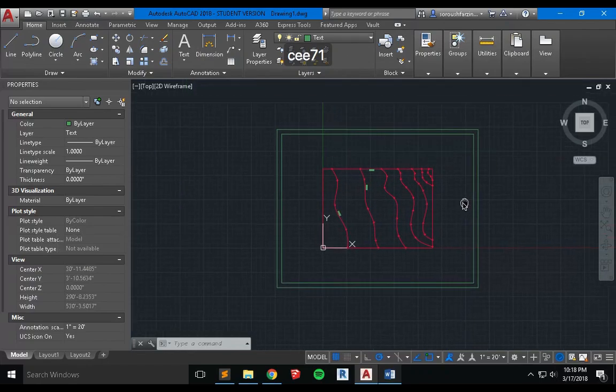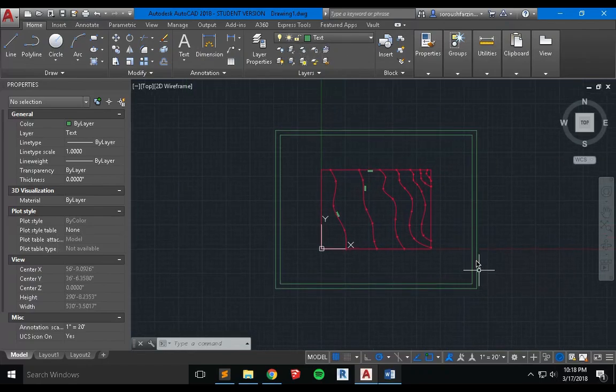Now that we have our title block in the right place and we have the margin around it, the next thing is that we create a placeholder for our personal information and also the information of what we are looking at. So what I want to do is draw a line somewhere here all the way up to here. First thing I'm going to do and make sure is that in the object snap, I want